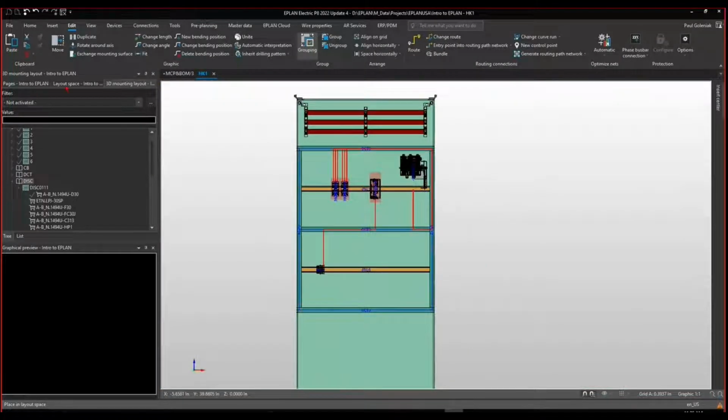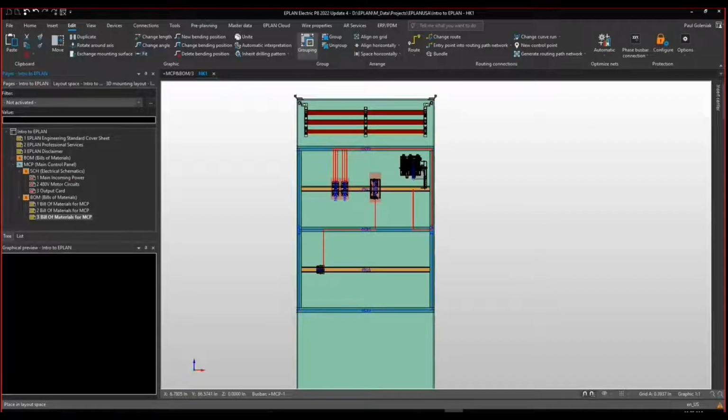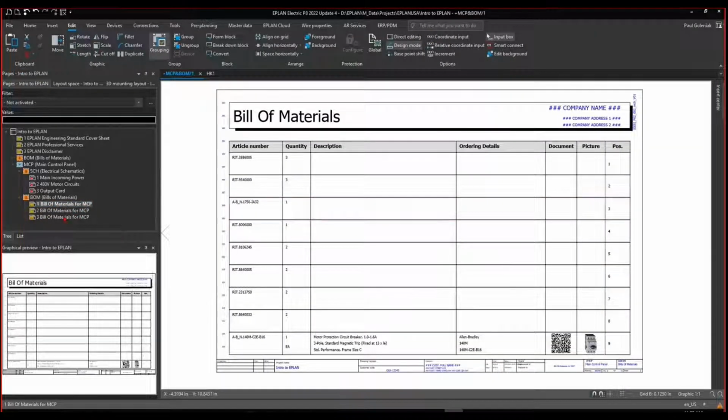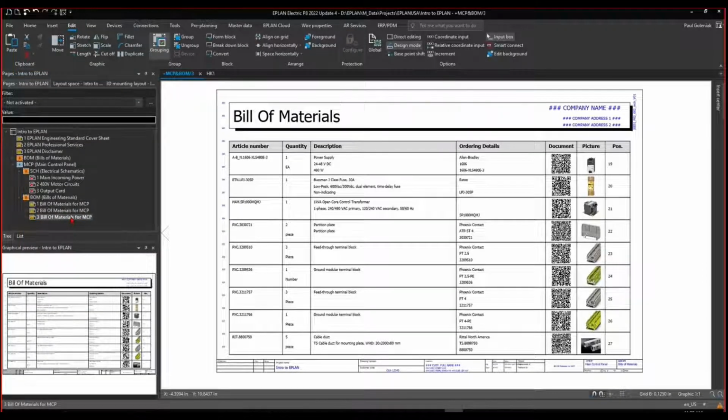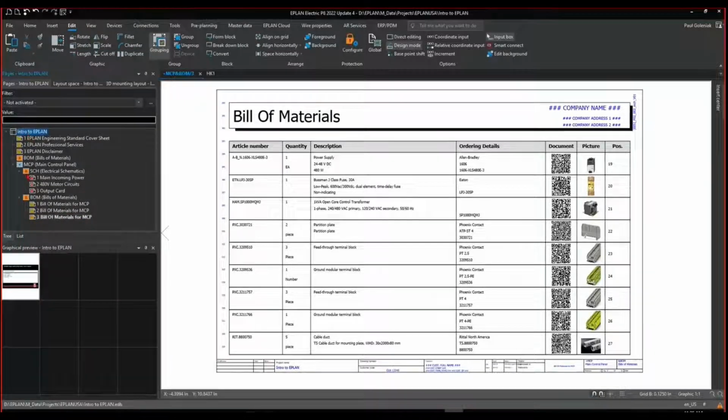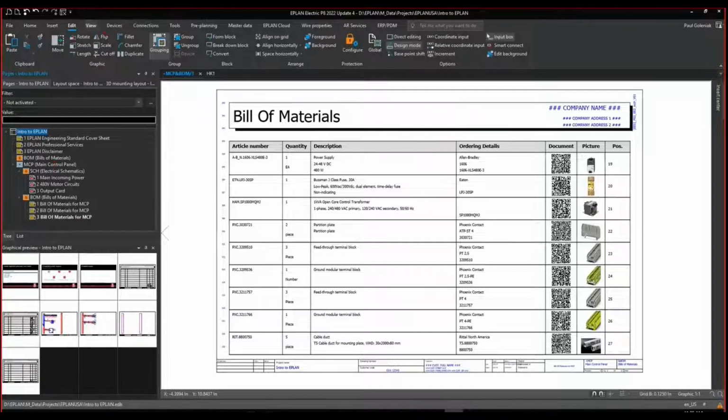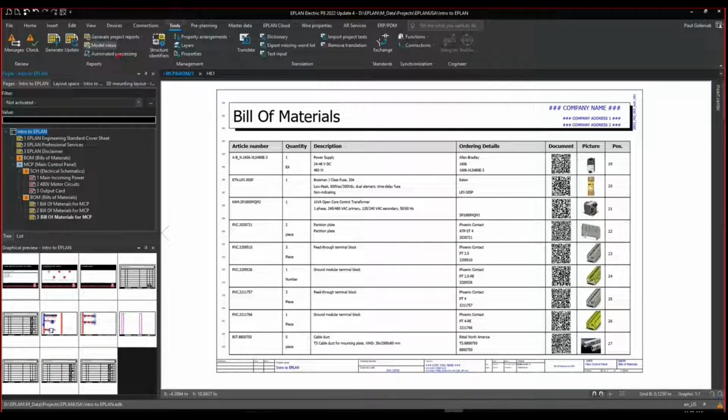Now we have some of the pages created, right? We generated the bill of material. We have the list of the bill of material, but what if there was additional documentation that we wanted to generate? So the users, in having a standard project template or standards in place, would utilize